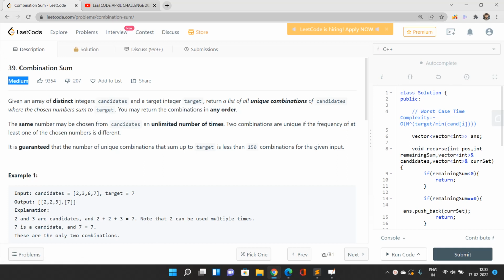In this video we will be talking about the medium problem. The problem name is Combination Sum. Its index is 39, and yes, it is the 17th problem of the daily LeetCode challenge for the month of